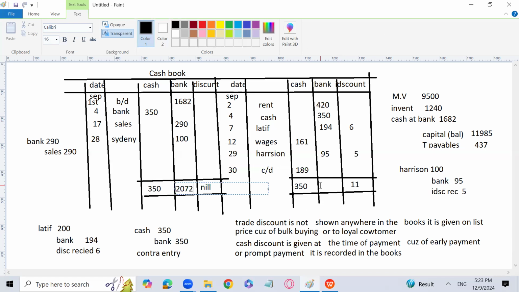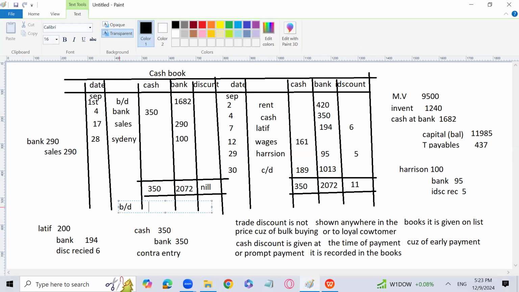2072. I will write the same total on the credit side, 2072, and I will subtract the credit side from 2072, which means 2072 minus 420 minus 350 minus 194 minus 95. You will get the carried down balance of the bank. Again, both are debit balances, but we can have an overdraft balance of the bank, 1013. We can have an overdraft balance at the bank, which means that brought down can come on the credit side